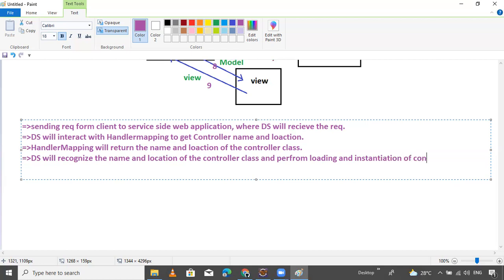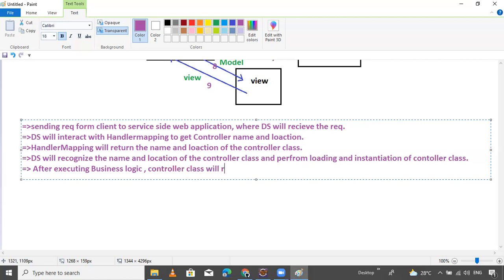After executing, now performing instantiation and initialization, after executing the business logic, the controller class will return